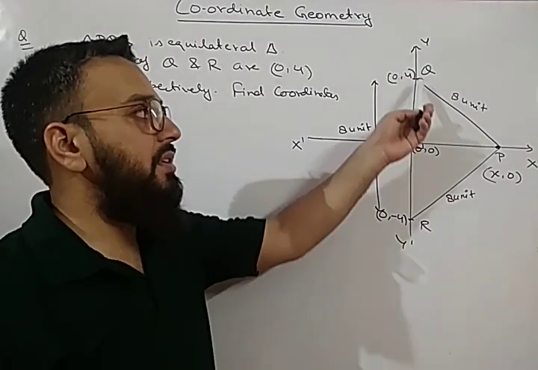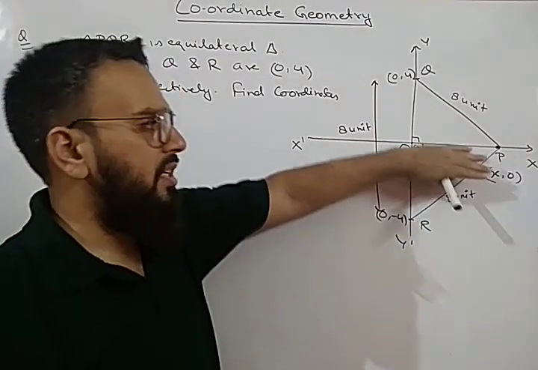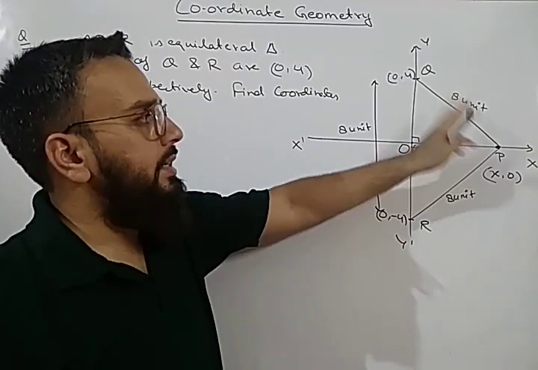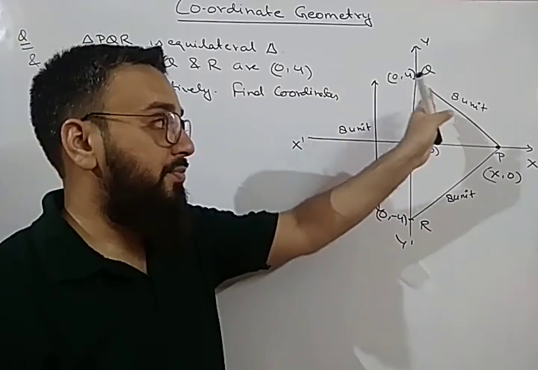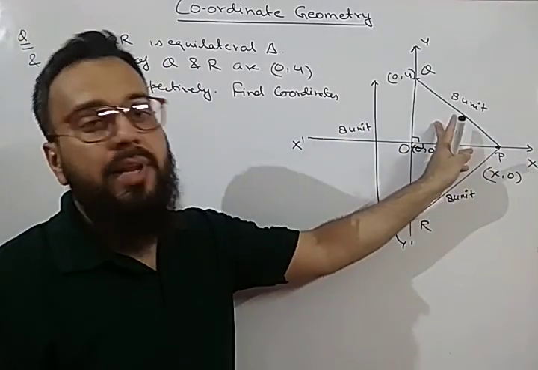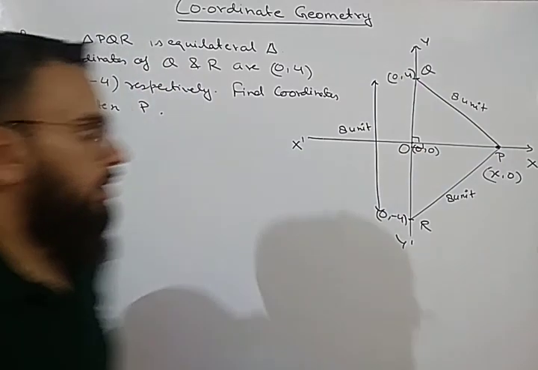Okay. Now we can solve it like our previous question. In our previous question, we were given a right angle triangle. So if we remove the lower part of the triangle, then it will be a right angle triangle P, Q and O. And we can find the vertex of point P by applying the Pythagoras theorem. So start solving.